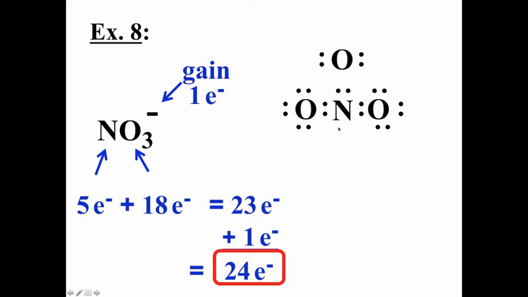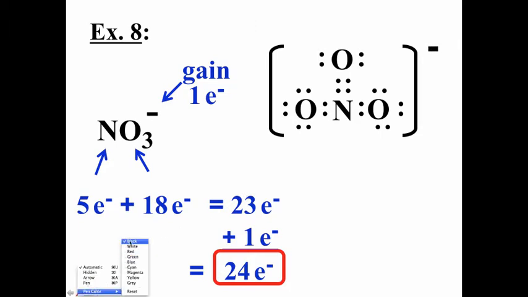And when we try to put in 23 and 24, if we put them here, that gives us octets around everything except for the top oxygen. If we put the electrons here, that gives us octets around everything except for the nitrogen. But if we put the electrons there, then we have 8 electrons around the oxygen, 8 electrons around the oxygen, same here, and 8 electrons around the nitrogen. The whole thing has a -1 charge,